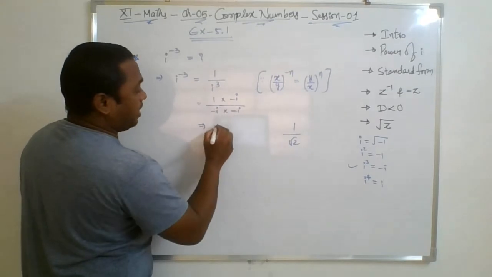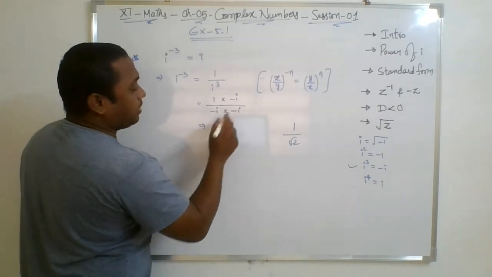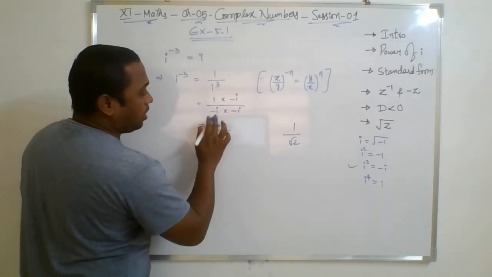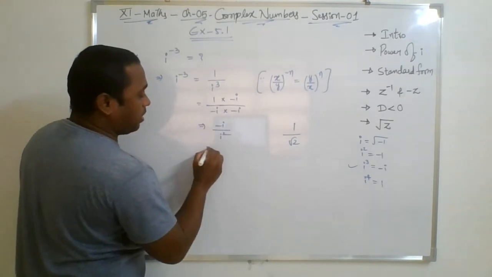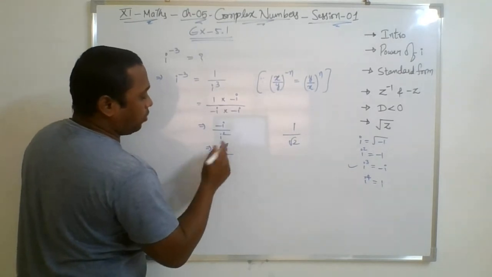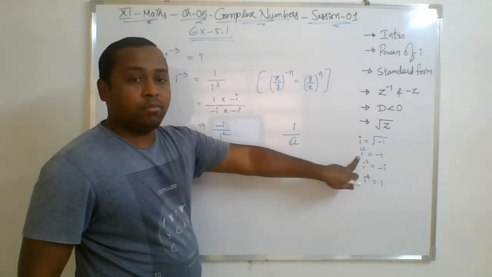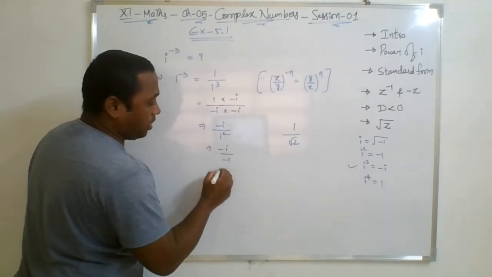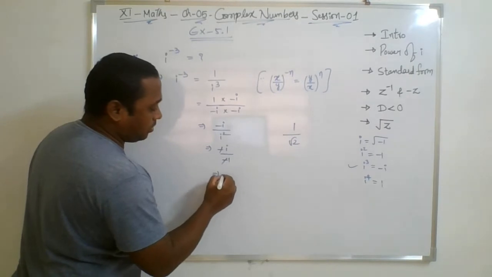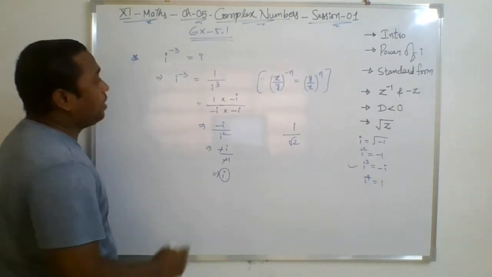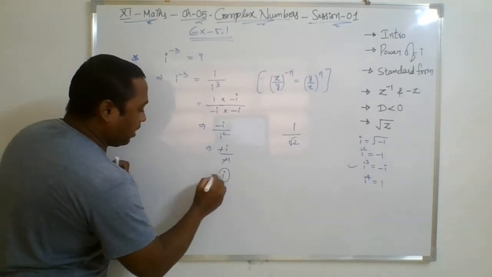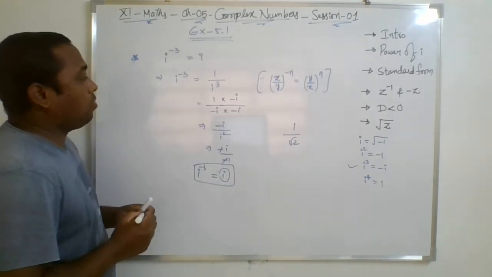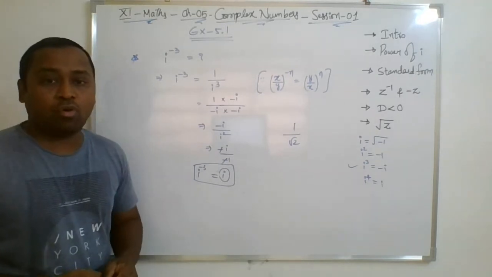So 1 into minus I is minus I. Minus I into minus I is what? Plus. Minus into minus is plus. And I into I is what? I square. So minus I upon I square, value is minus 1. Simply substitute minus 1. Minus minus get cancelled. Your answer is I. So I power minus 3 value, we got it as I. So I think the problem is solved.